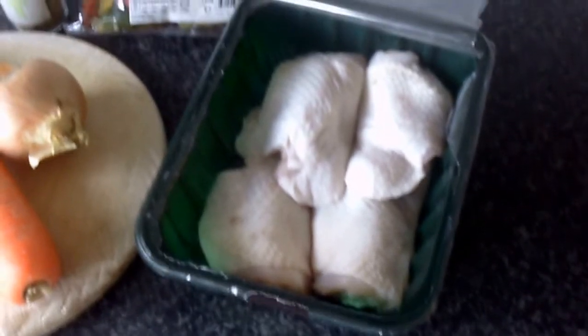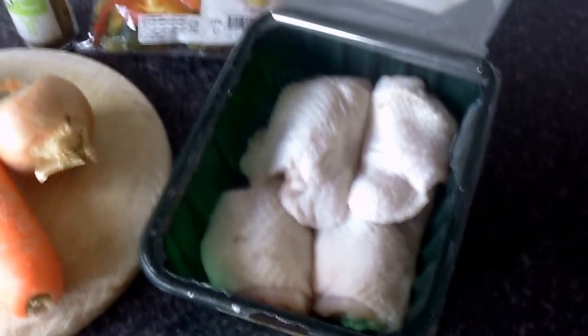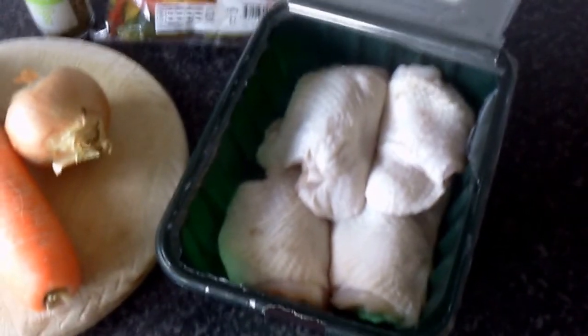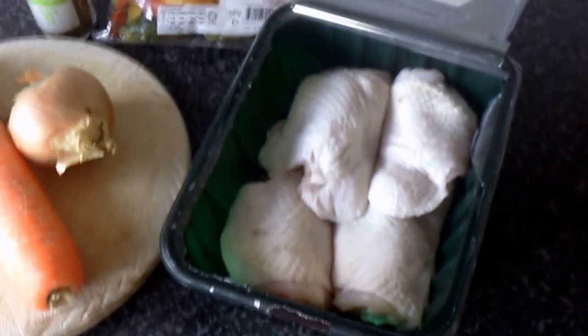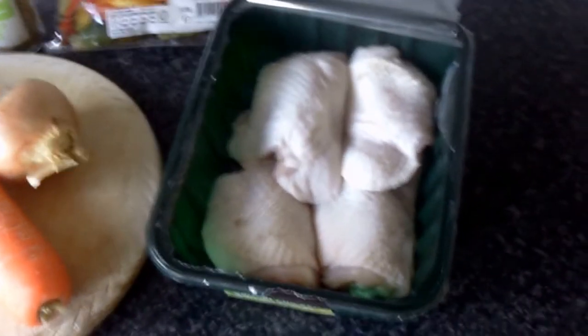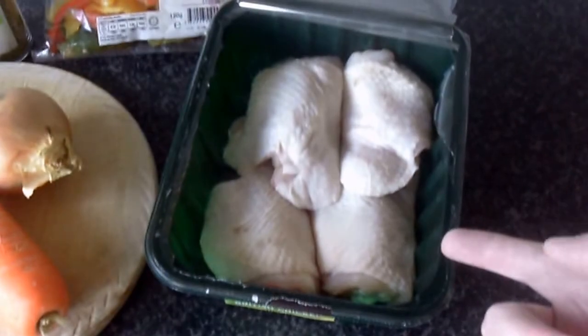So what I'm going to do in this first stage of the recipe serves a dual purpose. It serves to cook the chicken thighs, and it also gives me the broth that will later form the basis of my soup. Into my soup pot are going 4 large chicken thighs,